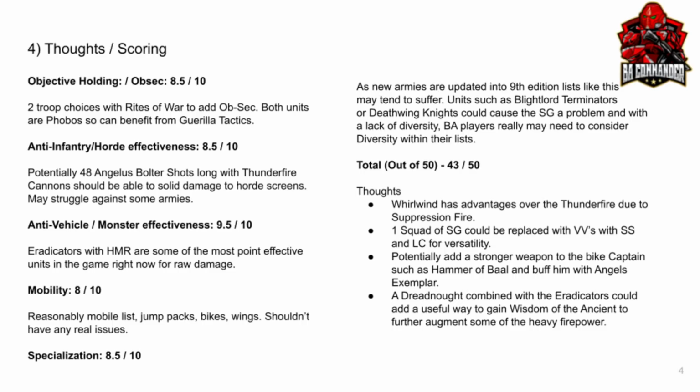I'm going with an 8.5 out of 10, which is very reasonable, but I think maybe one tweak to some of these Sanguinary Guard units could push it to a 9 or 9.5, and maybe even one tweak to Eradicators. Do we really need 7 of them? That doesn't feel very Blood Angels, having 7 Eradicators. Maybe there was a switch where we've got some Inceptors and some Eradicators, or maybe attack bikes with multi-meltas, which are quite good for Blood Angels right now. So 8.5